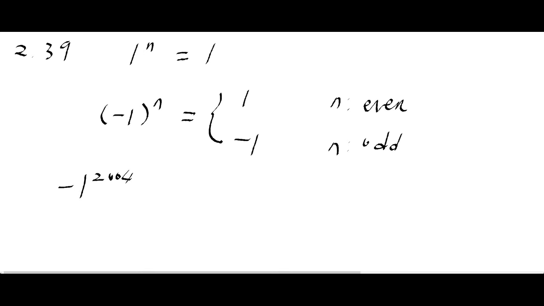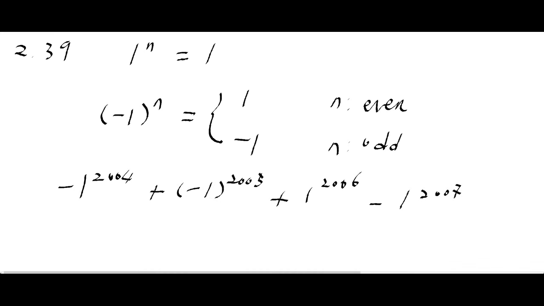Next one is, oh, for the first one there are no parentheses, but for the second one there are parentheses, right? Which means the base is 95. For the third one, 1 to the 2006. And for the last one, minus 1 to the